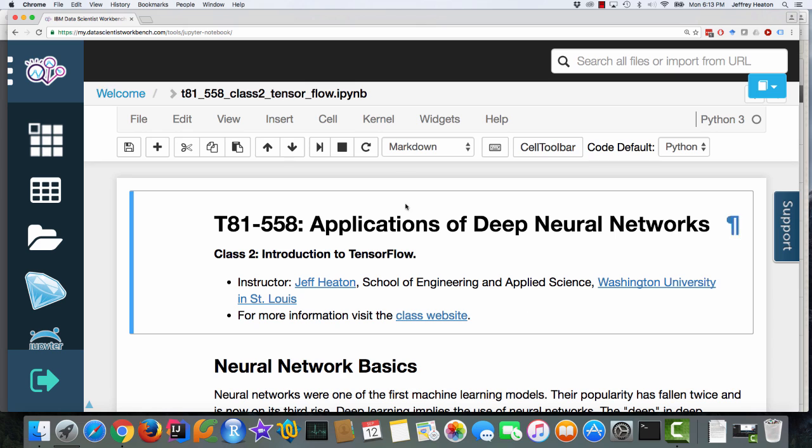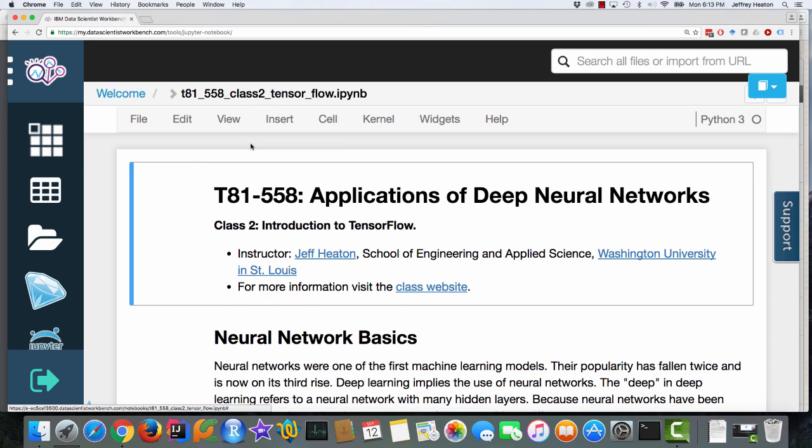So this class session, we are going to go over basically neural network basics. We're going to look at what a neural network is, and this is not a theoretical class, so we're not going to talk a whole lot about how you calculate the output from a neural network or the inner workings of how they're trained. We could get into gradient descent and stochastic gradient descent and all kinds of fun mathematical theory. That stuff is important, but